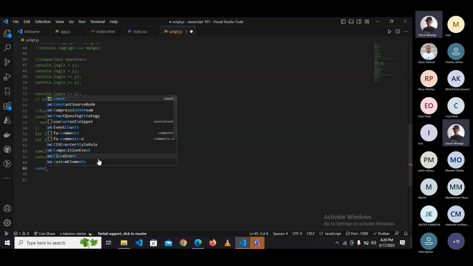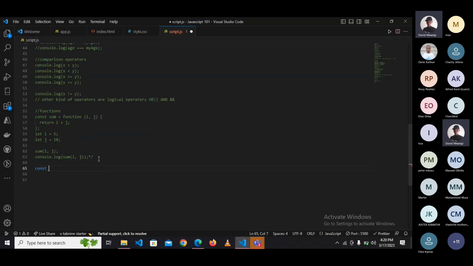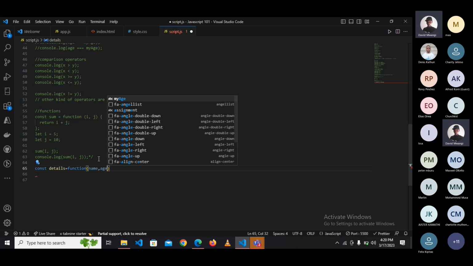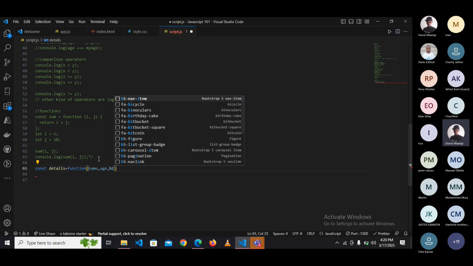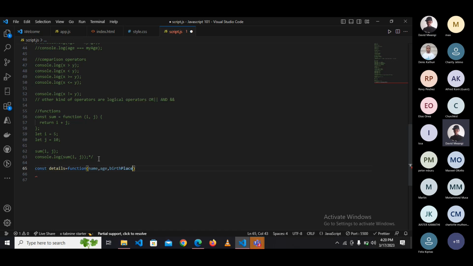So const details. You can say that it's going to return details. Const details equals a function that receives your name, your age, and place of birth, address. So now we want it to return